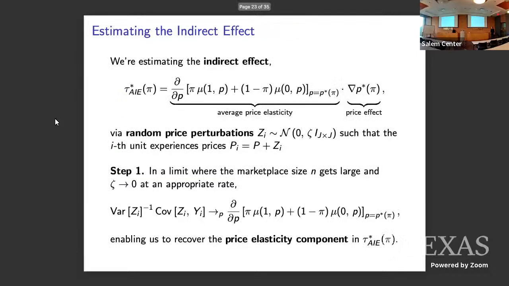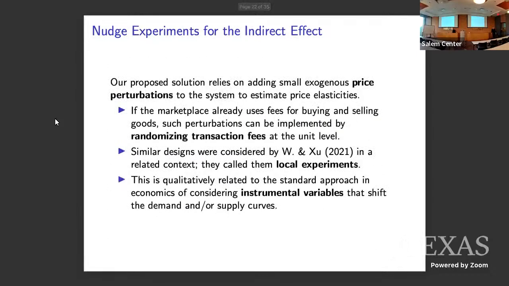Let me just wrap my head around this a second. You're trying to understand the effect of an intervention in a market, some sort of treatment. And you're trying to take into account the fact that any intervention in a market is going to lead to prices being modified by supply and demand. But if you knew the average elasticity of the market ahead of time, then you'd know the indirect effect. So you're telling me that in the process of trying to measure the treatment effect here, I'm going to try to learn about elasticities as well. That's right.